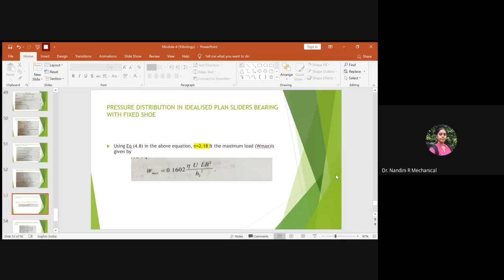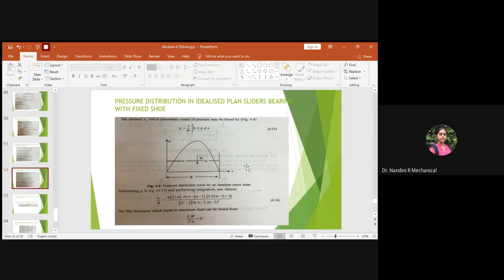So don't go into so much depth. Many researchers have done all those mathematical calculations. They have claimed that the value of n will be 2.18 for an idealized plane slider bearing to get the maximum load condition at a particular distance. So directly we are using the value of n equal to 2.18 in the equation